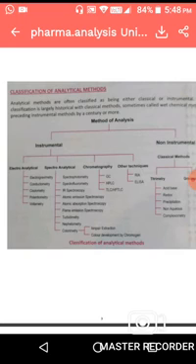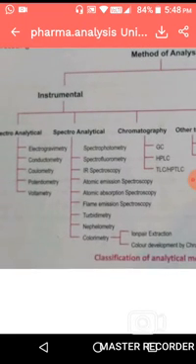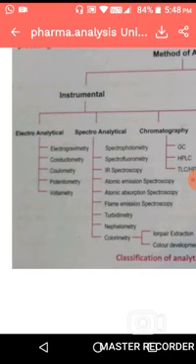So electroanalytical means finding the strength of a given sample with the help of electricity. All these techniques fall in this category; we are using electricity somewhere in the process to find the strength and concentration of the given sample. It consists of electrogravimetry, conductimetry, colorimetry, potentiometry,